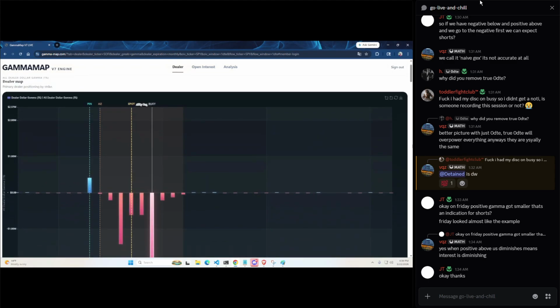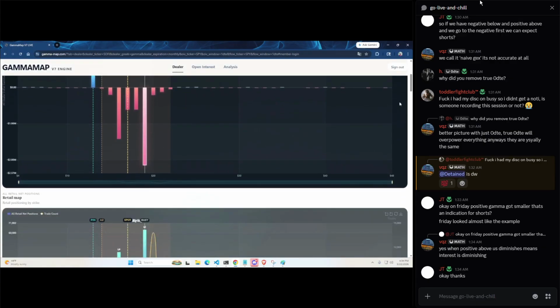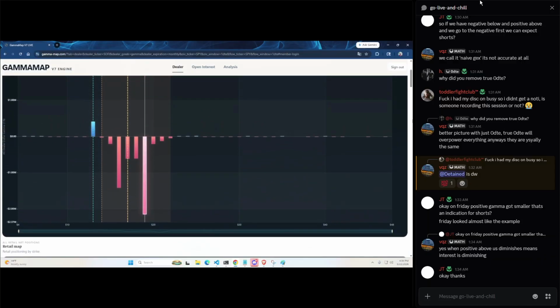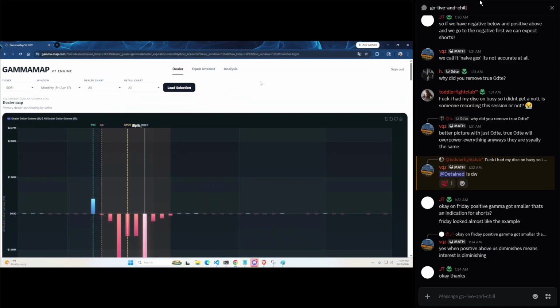So the point is, SoFi so far does not look like something where I'm like, wow, this is going to be completely bullish, unless some news comes out and changes that. Dealer inventory is definitely bearish. This is not a good picture. I don't like the way this looks. So that's the way I look at that.